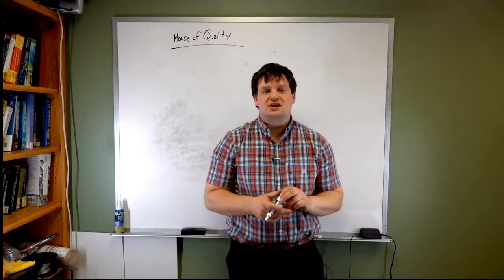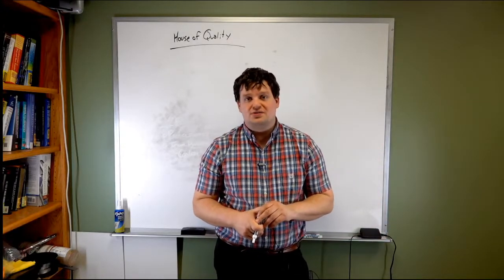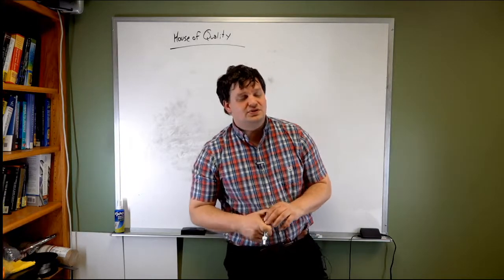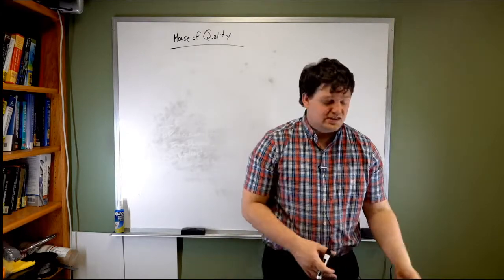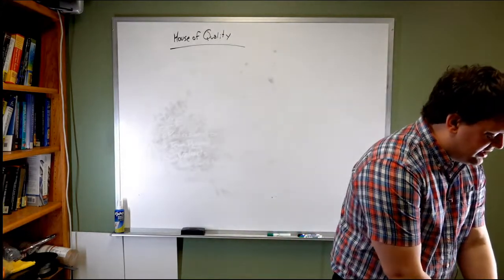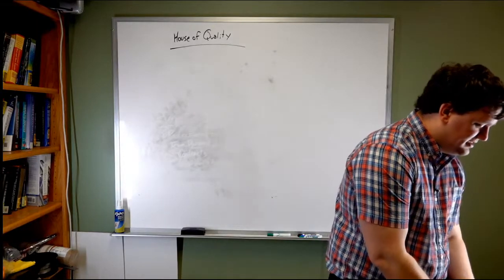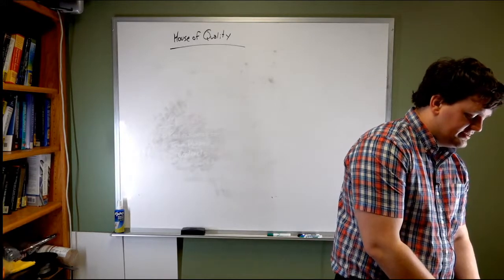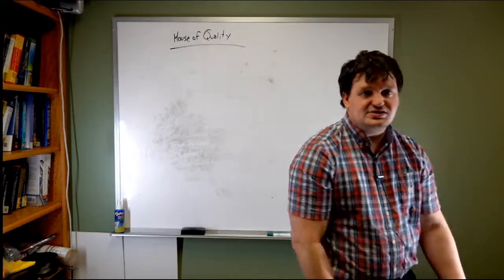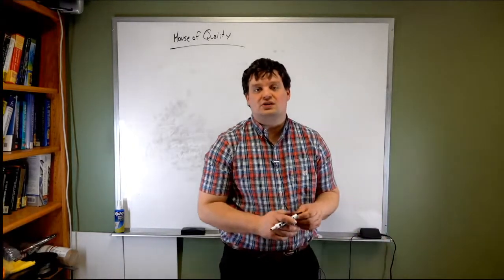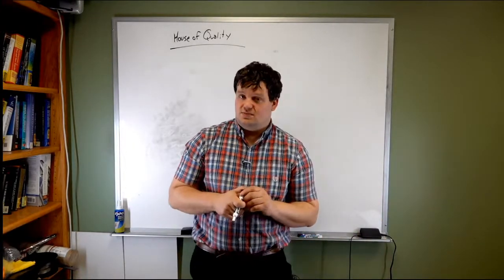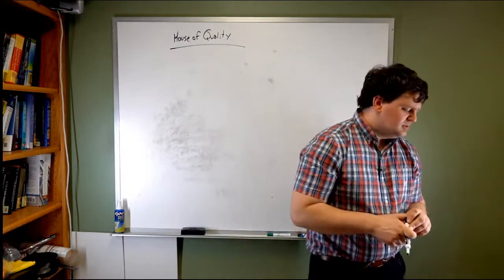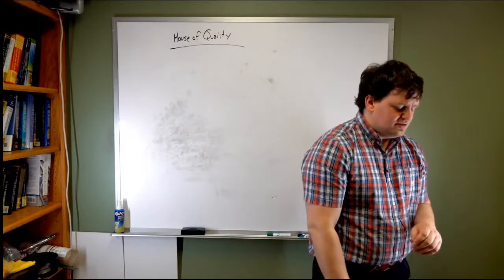Chapter 6 in your textbook is all about house of quality. It's a long chapter. It's a good chapter to read, but I'm going to give you this lecture, and this lecture will cover everything that isn't the house of quality. I'll talk briefly about what the house of quality is, but there are a lot of sections that are very specific to pieces of the house of quality, and that will be your reading assignment that I give you. I assume I haven't given you that one already. I have to go back and check, because I may need to modify it.